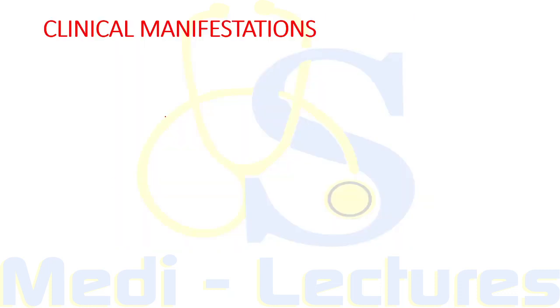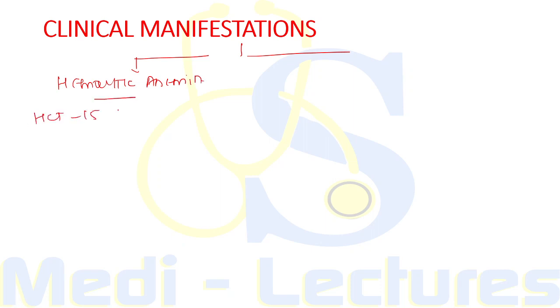Now, before discussing the clinical manifestations, sickle cell anemia is characterized by two features. That is, it is a type of hemolytic anemia. Therefore, hemolysis leads to hematocrit between the range of 15 to 30%. Also, hemolysis leads to reticulocytosis. Now, the problem in this sickle cell disease is that these reticulocytes are not normal. These are sticky reticulocytes, which increase the chances of vaso-occlusive crisis.